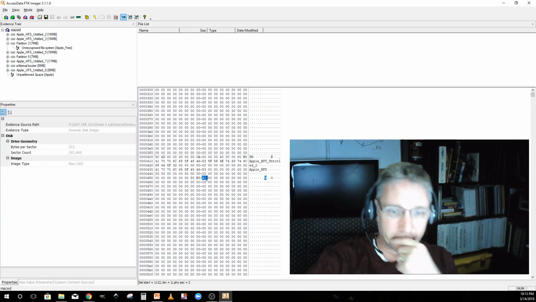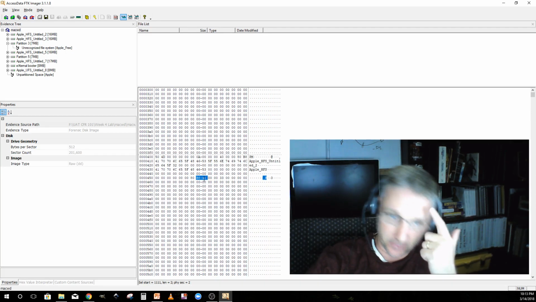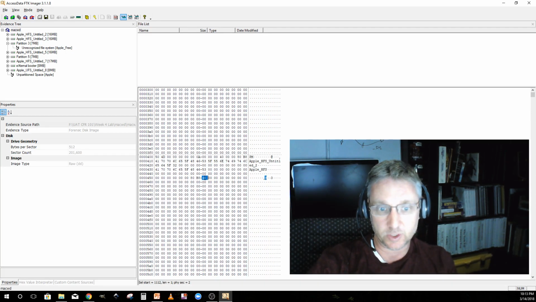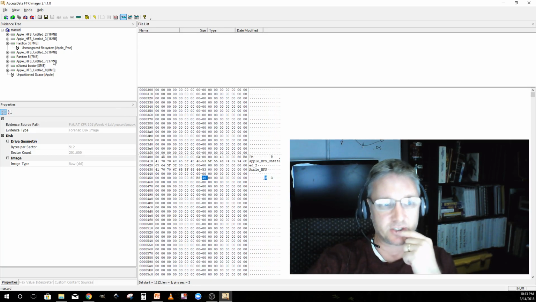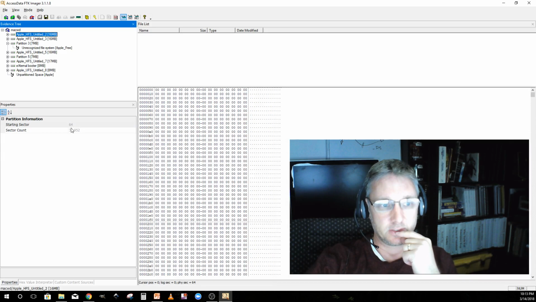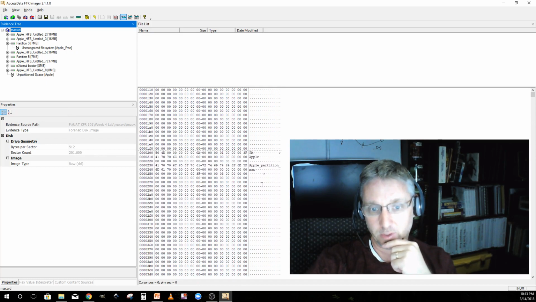Anyway, I find it very interesting that I see this B8-40. My first thought is, I want to see if that corresponds to the 64 sector, because hex 40 is 64. I wonder if that doesn't correspond to starting sector 64. And a way we might be able to test that really quickly is go back up here. Let's go to partition